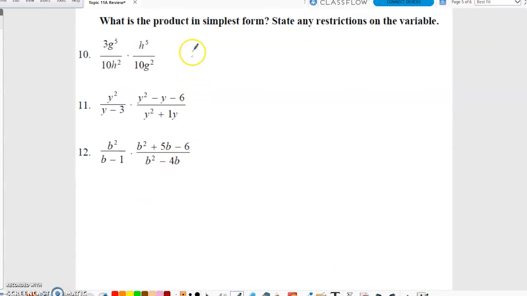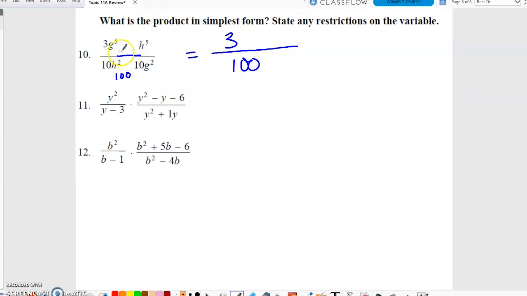Looking at the next three, we are asked to find the product this time and still state our restrictions. Looking at number 10, I don't really have anything to factor here. I can just go ahead and make this one giant fraction, and multiply these two together. 10 times 10 would be 100. 3 over 100 will not simplify, so that is going to stay with a 3 on top,